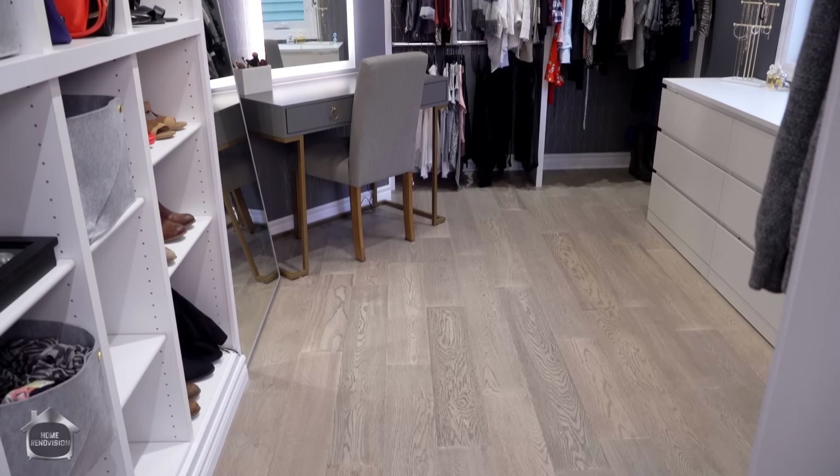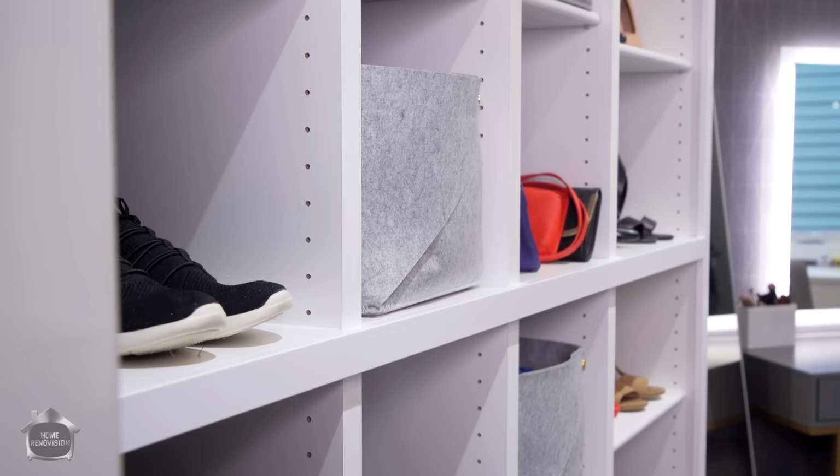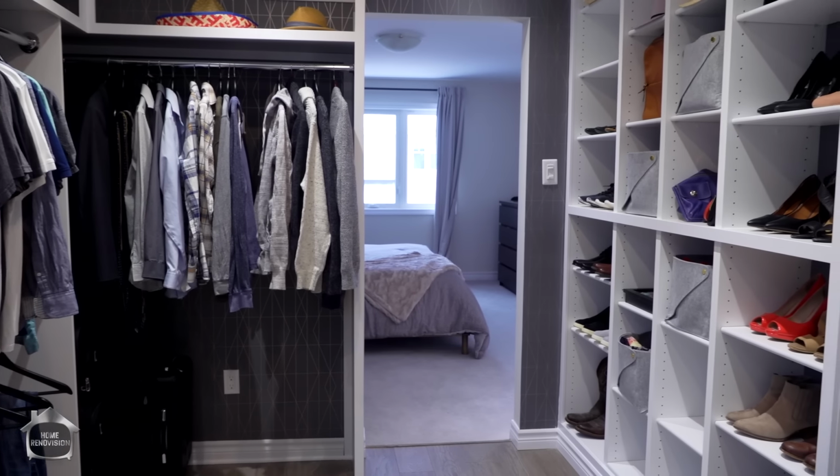So in this video, I'm going to show you all of my tips and tricks and my design elements for building a custom closet / dressing room like this one for less than $1,000. Stay with us. So one of the largest challenges we face when we're doing renovations is how to deal with